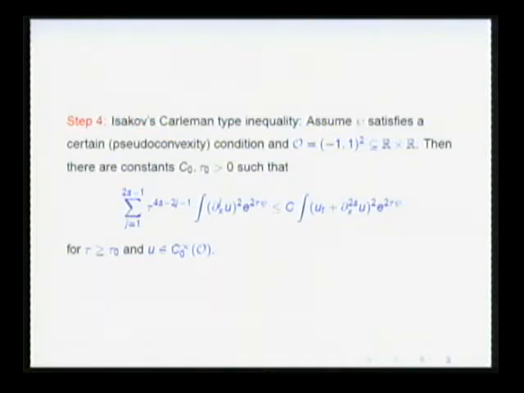Carleman estimate. It's this. So assume that you have a weight satisfying a certain kind of convexity assumption called pseudo-convexity in some open set in the plane. Then you can bound the weighted norms of u in terms of the elliptic operator's weighted norm. So this is a prototype of a Carleman estimate, and let me just tell you why this implies unique